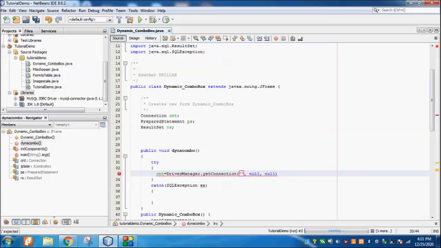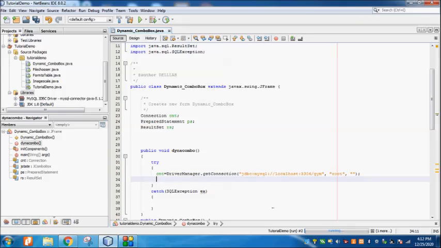So I will do it like this: jdbc:mysql://localhost:3306/gym, then the username. By default the database username is root and the password is blank, so double quotation. So I have established the connection.